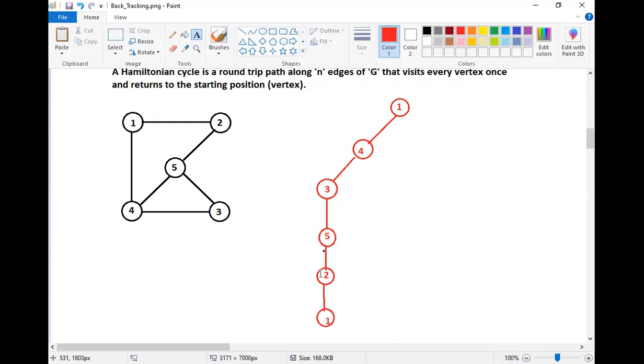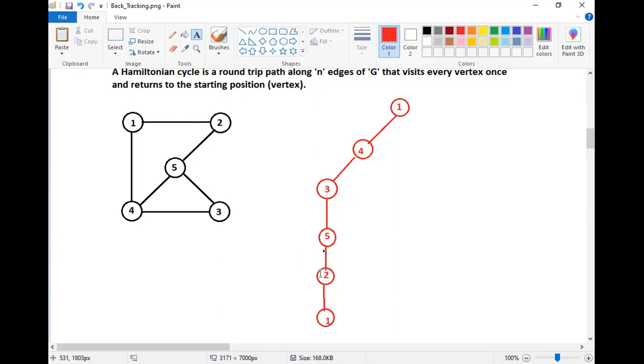So from 2, now I will come back to 5. From 5, are there any possibilities that can go? 4 is there, but it will make a duplicate, right? I cannot go to 4. What I should do? Means from 5 to 3, I will come back. From 3, there are no possibilities. So how I reach 3? I reach 3 from the 4. So go back to the 4. Now I am at 4. Right?